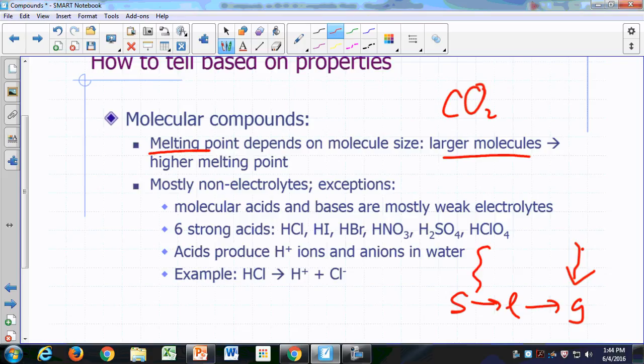So carbon dioxide is part of the air you breathe. That is a gas at room temperature. That means the melting point of carbon dioxide must be very low. Okay. Now, most